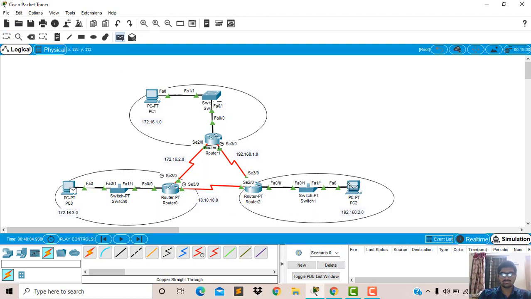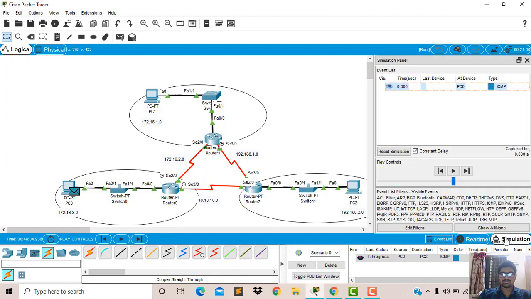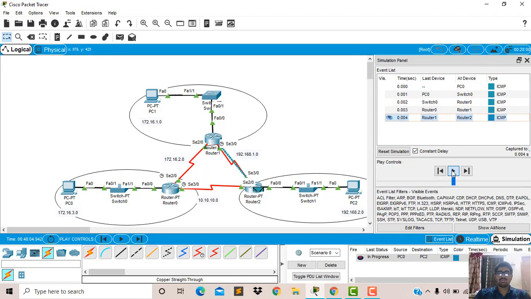PC0. Now we can see the number of seconds the packet has taken on this path. Before we had seen 0.084 seconds. Now we will see how much it takes.